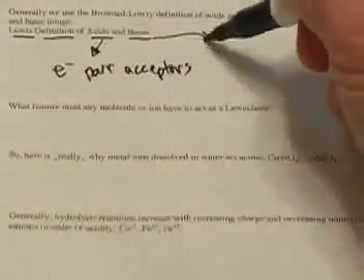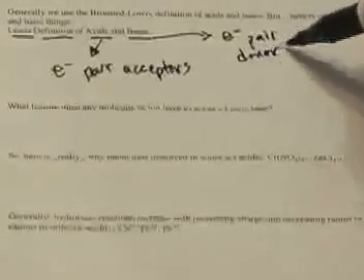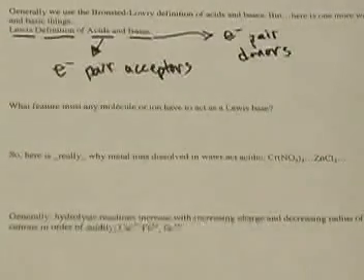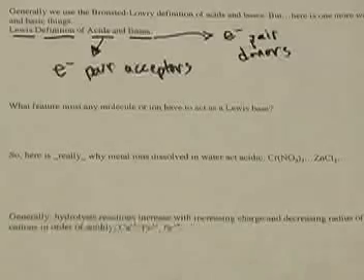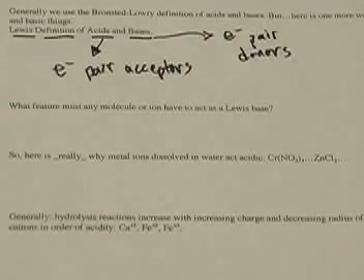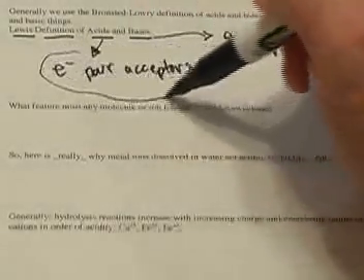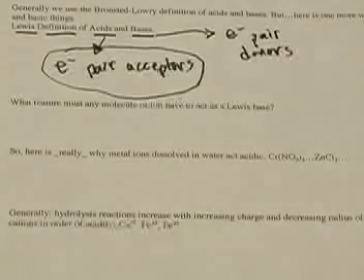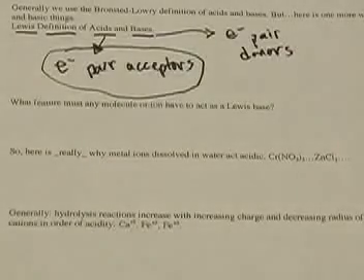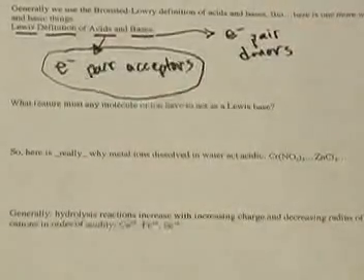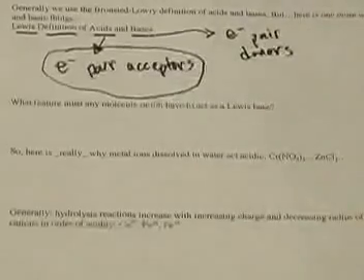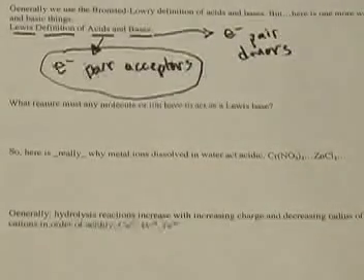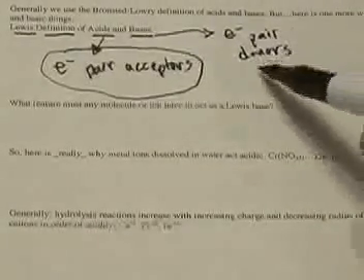And we say that bases are electron pair donors. They give away electrons. So it's kind of opposite of what the Bronsted-Lowry definition was. Remember, acids were proton donors? Well, here, acids are electron acceptors. And the reason that they're opposite of each other is because, of course, hydrogen ions, or protons, are positive, and electrons are negative. So, in terms of Lewis, we say that they're electron acceptors, and we say that bases are